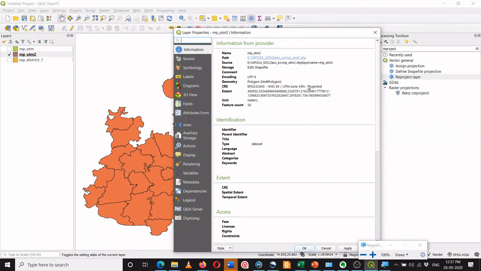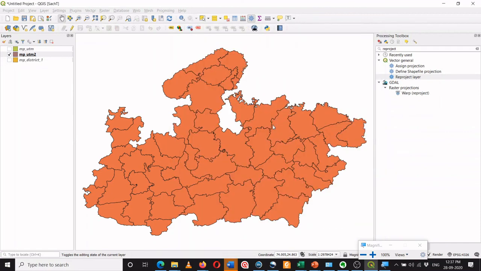So we have successfully changed the coordinate reference system from the geographic reference system to the projected coordinate reference system, and that to UTM zone 43N. So now I have got two layers with the projected coordinate reference system. Now I can perform the operation of calculating the area of each of these polygons.